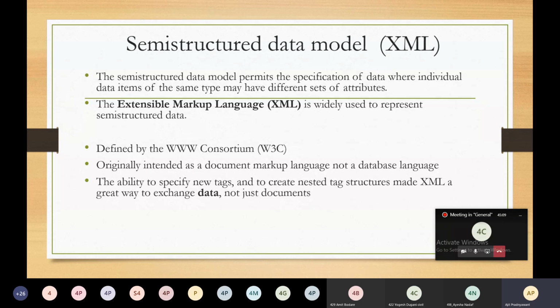If you are familiar with this, then you will get the idea of the power of these new tags and of creating nested tag structures in XML. This will be very helpful, as it is flexible for storing your data. XML has become the basis for all new generation data interchange formats. It is one of the basic foundations for new generation data.